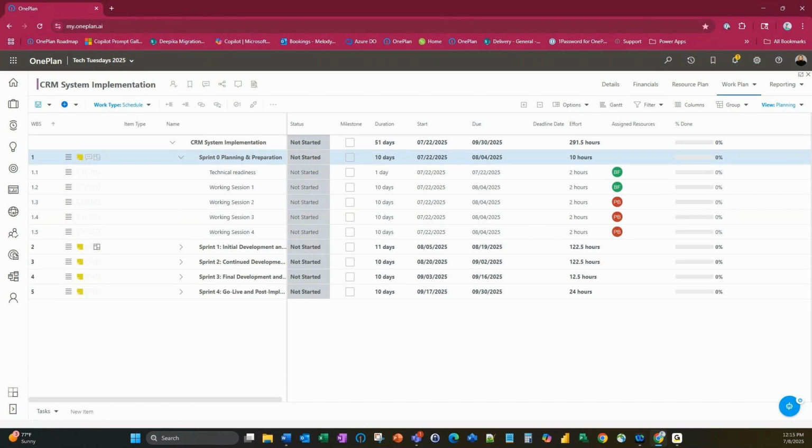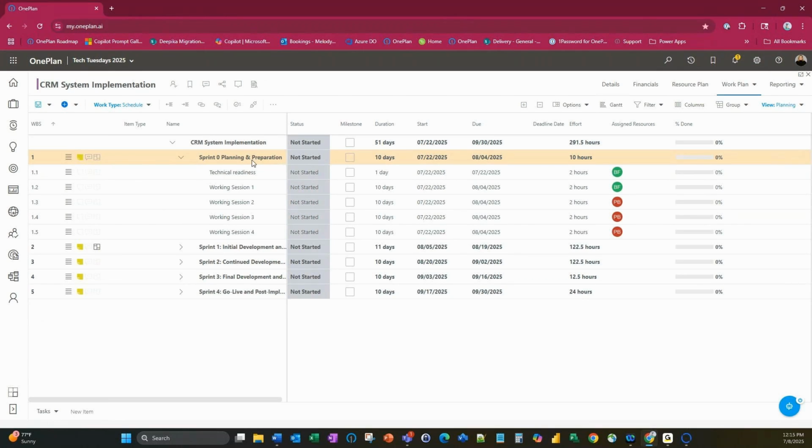So sprint 0, more or less, is where you're going to gather a lot of your requirements, so that you have an understanding of what the client needs from the project, what it entails. Are you going to need external resources? Maybe, maybe not. Are you going to need help from internal teams like your tech team or your Microsoft 365 team? I always call sprint 0 planning and preparation, because you're planning for that project, and then you're preparing for the execution of that project.